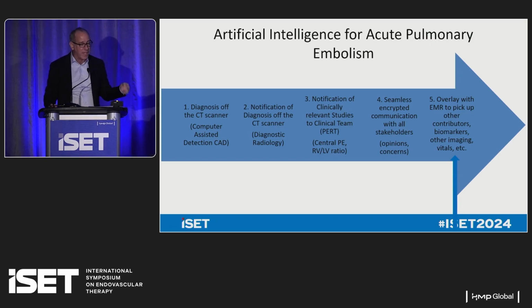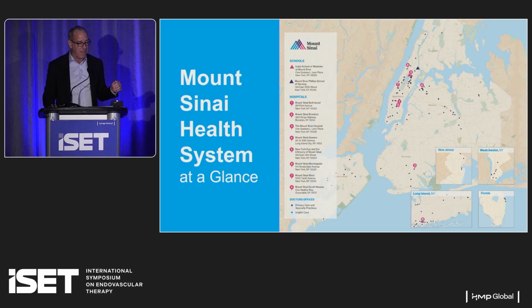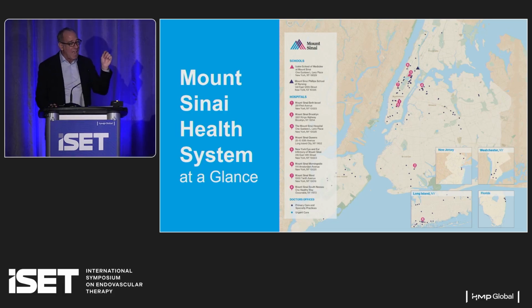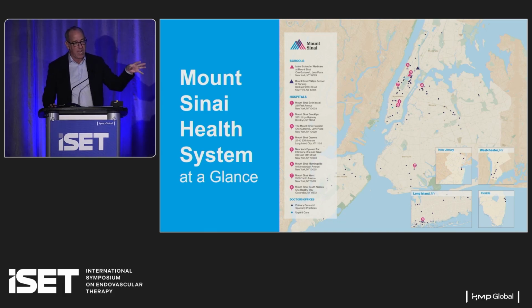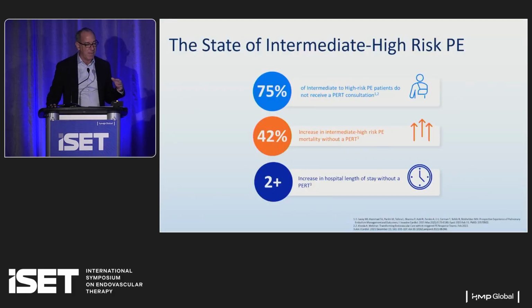We are literally at the end of the curve where I really feel we're able to get all the relevant clinical information in seconds to make an acute diagnosis and figure out what the plan is going to be for that patient. As I said, we're spread out all over the greater metropolitan area, so to have everybody in the system instantly notified that there's an intermediate-high risk or high risk PE and be able to decide, are we going to transfer this patient? Where are they going to go? Do they need an ICU bed, et cetera, really helps us. Obviously, the more standardization we have, the reduction of variation is tremendously valuable to the patient.